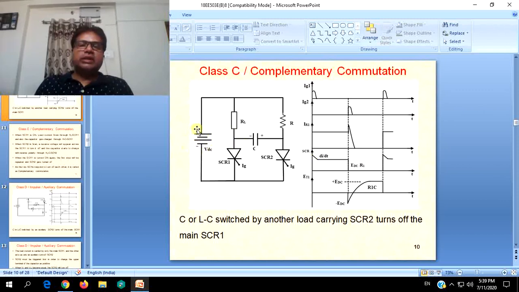When you go through the circuit, when the source is on, the straightforward path is load resistance RL via SCR1, the first, main path, and voltage will be applied across the path as shown. The other path is the resistance, capacitance, SCR1 and source. As SCR2 is off, current will not flow through it. So the other path for the current is via RC and SCR1. Because of that, the right plate of the capacitor gets charged positive, or the capacitor gets charged in this polarity.